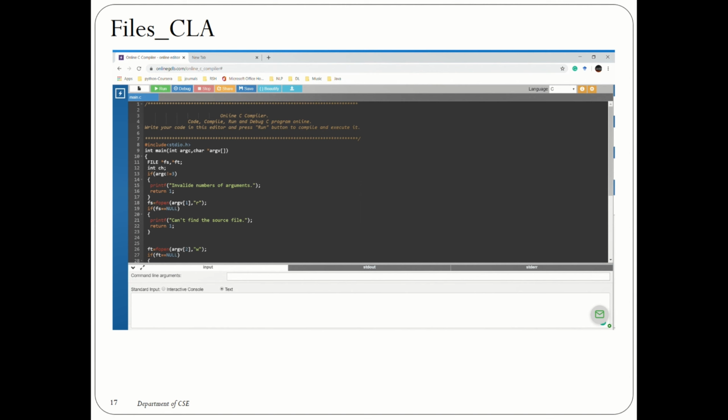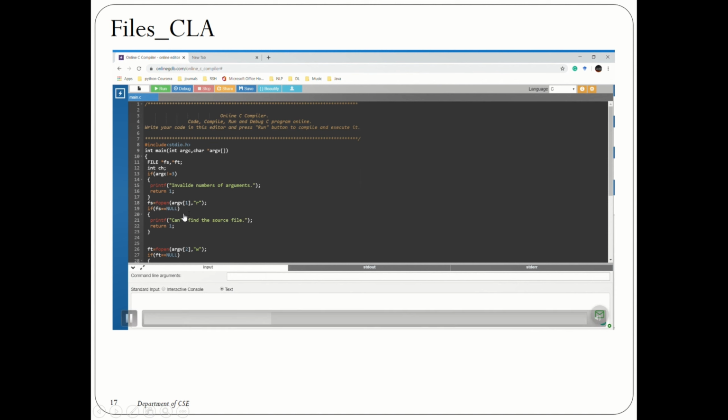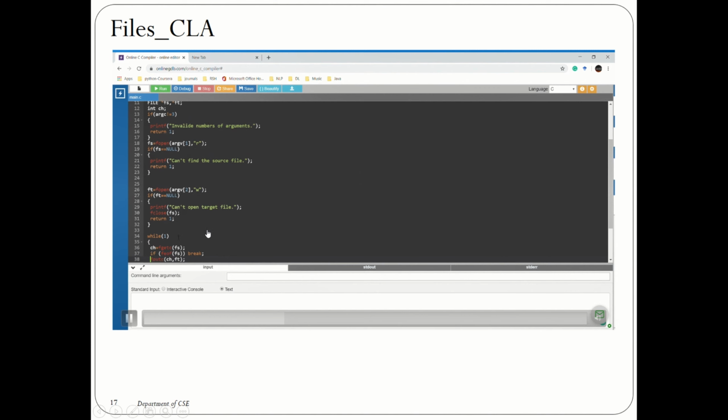So you are going to open your first argument in the read mode. If it is null, then you will say that it is not found. Otherwise, you are going to open your second file, that is argv of 2, in the write mode, with the pointer ft. If ft is equal to null, then you will say that it is not found.